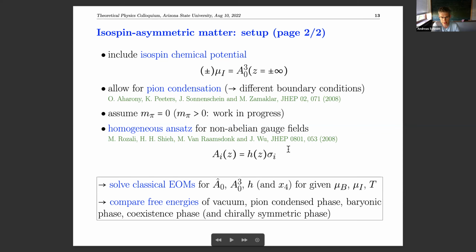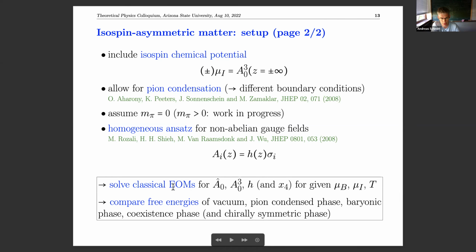This is the homogeneous ansatz for the baryons I already mentioned. What we basically do is we take our gauge field components, the non-abelian ones, and just put this single function h here as a function of the holographic coordinate. This requires a discontinuity, so that includes some approximations, but that's the simplest way you can introduce baryon number. And it's in spirit the same as the instanton approach. It's supposed to be valid at large densities because it's some kind of averaging over position space. So when the instantons overlap very strongly, we believe that's a good approximation.